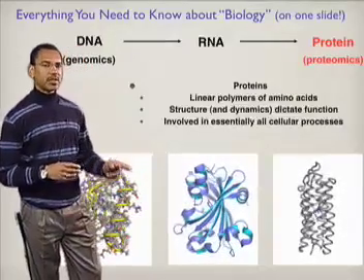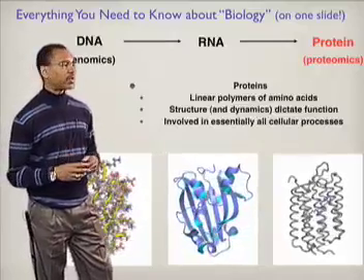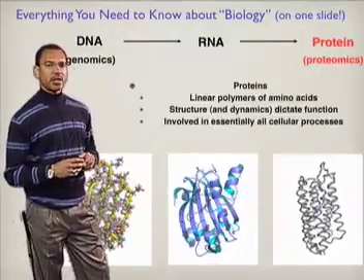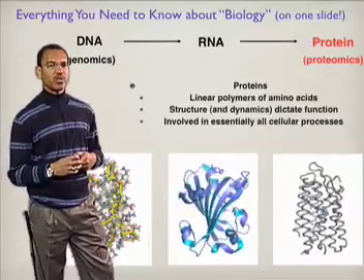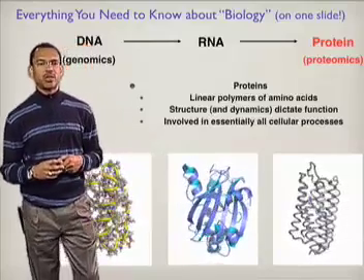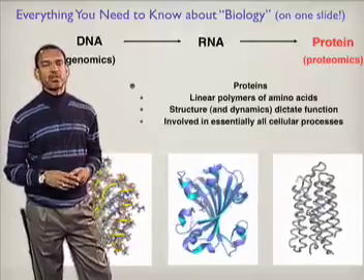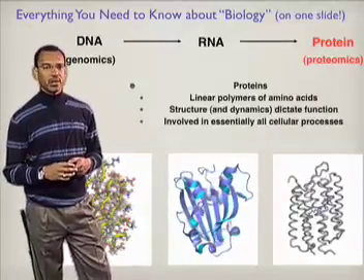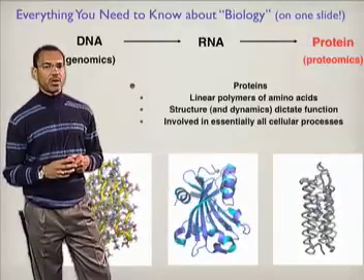Across the bottom, we have examples of 3 different proteins, just sort of randomly selected. On the left side is a small bacterial protein called protein G, and it's shown in full atom representation. It's about 60 amino acids, and you can see it's a fairly complex structure, even though it's a relatively small protein. In the middle is a protein of roughly the size of 300 amino acids, shown in a ribbon